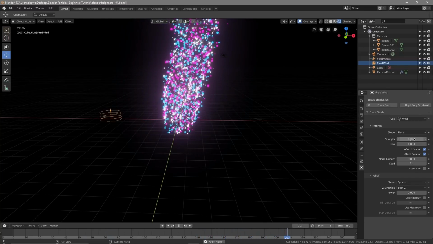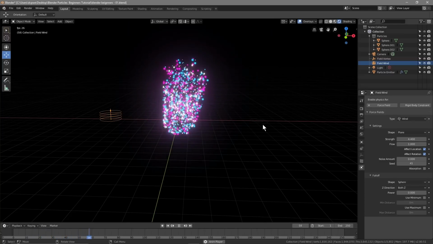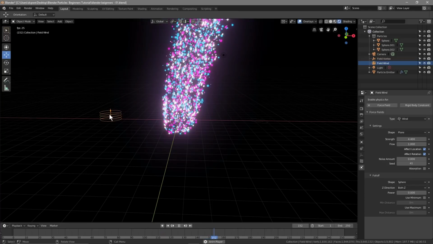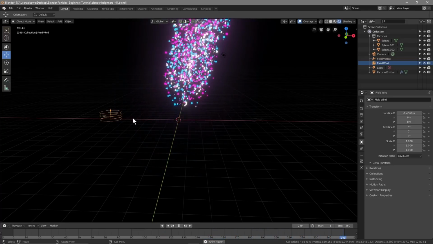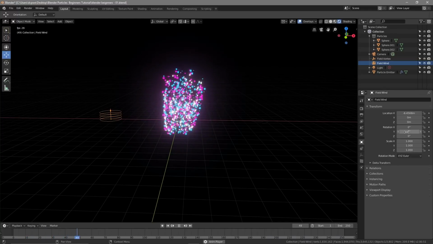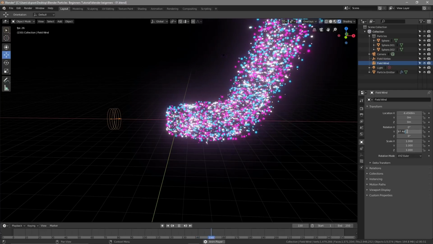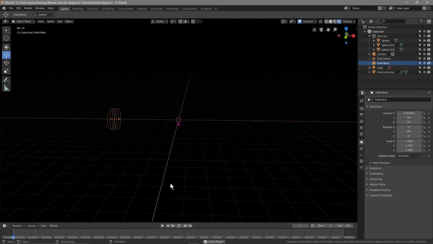And what we'll do is we can actually rotate this wind object to point in the direction where this vortex is, right? So all we do is click on the wind object, go to the settings here, and we want to rotate it on the, let's see, on the y-axis. So on the y-axis, we'll rotate it to face the vortex at 90 degrees. Now these particles are getting pushed in this direction,